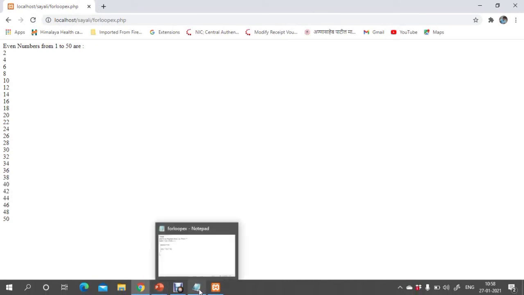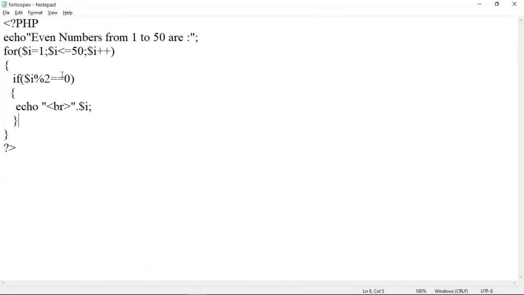Similarly, we can print the odd values also, that is, if $i mod 2 is not equal to 0, then we can say those numbers are odd numbers.